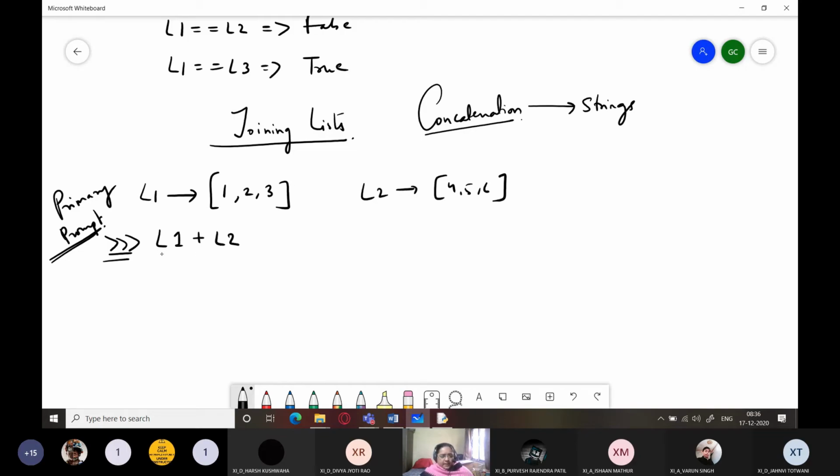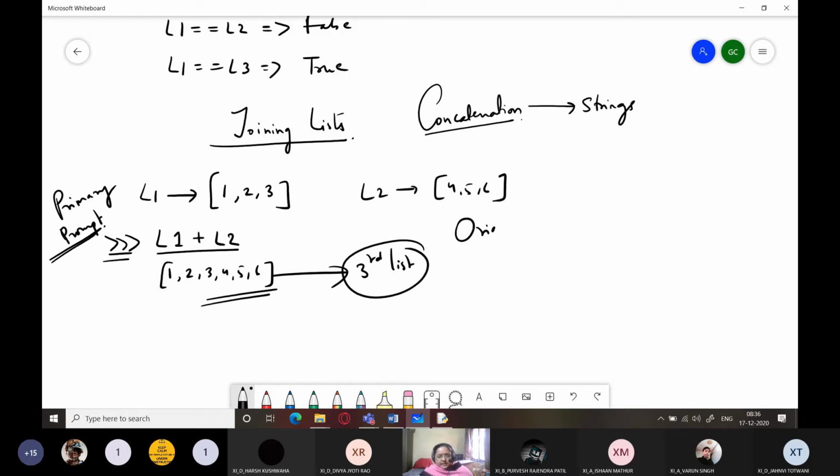You have simply written L1 plus L2 and it quickly returns you 1, 2, 3, 4, 5 and 6. So it quickly returns this list. This is a third list which is created. Right, original lists are unchanged.